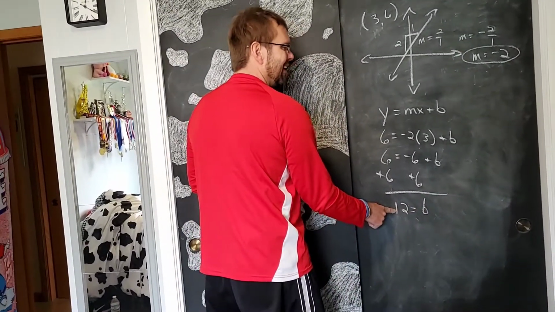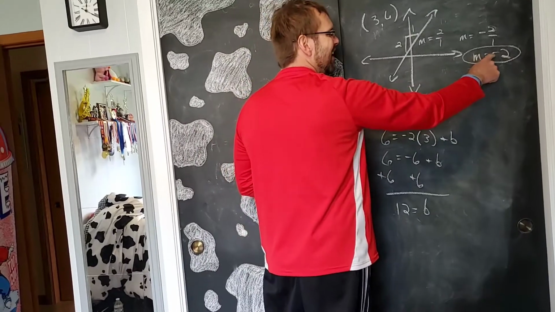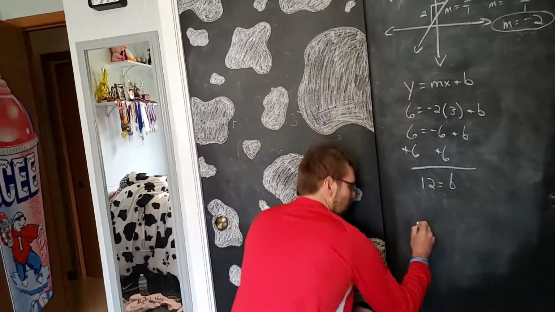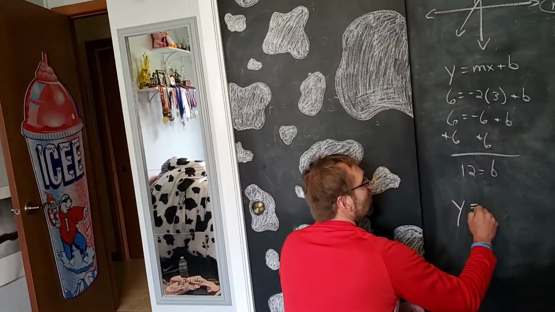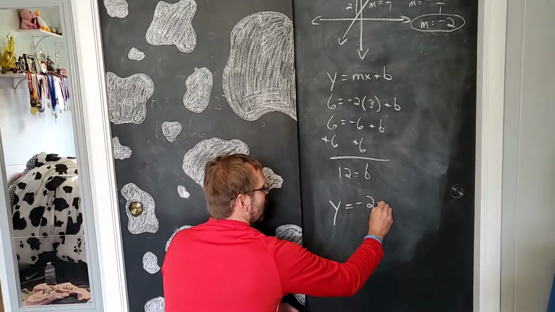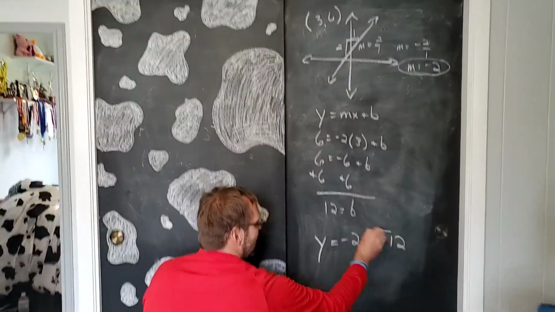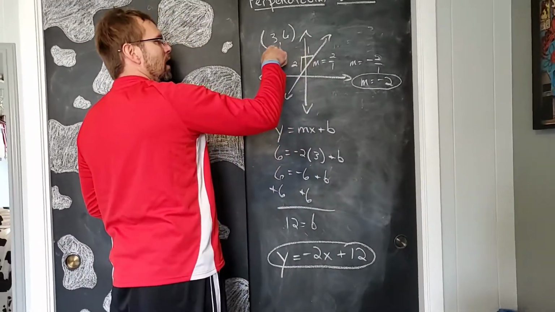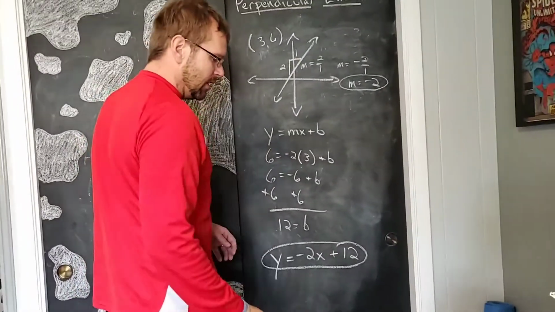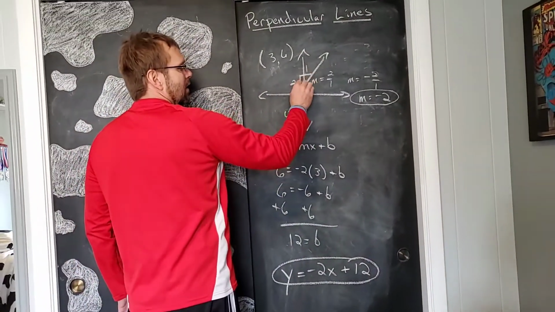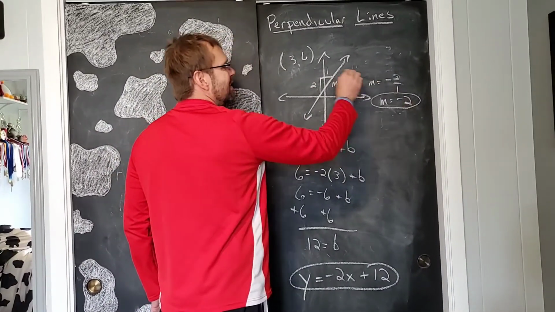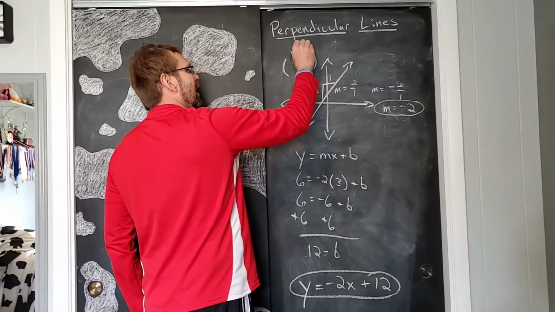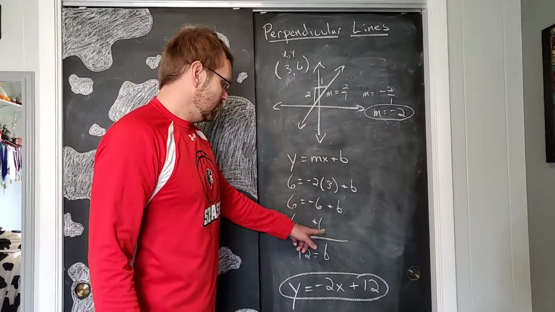So b is 12, and I already know that m is going to be -2 because it's perpendicular to this one. So I can write my equation. So I'll come way down here. My equation is y = -2x + 12. Okay, this would be the line perpendicular to this one that goes through that point. So just real quickly, here's what I did. I took the line they gave me, and I found the slope that was perpendicular to this, upside down opposite. And then I just used this x and y to figure out what b was,